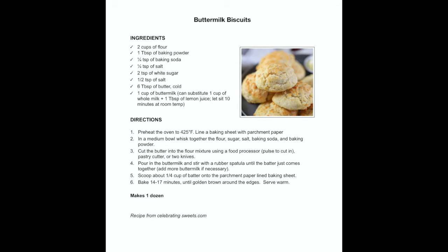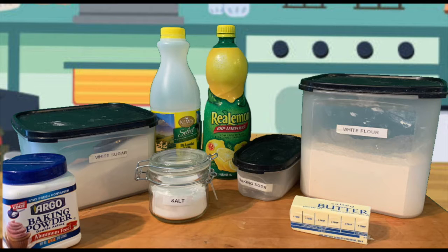Cooking project time! Here is the recipe for the biscuits. Take a screenshot and print it out. Here are the ingredients you're going to need to make your biscuits. White flour, white sugar, baking powder, baking soda, salt, buttermilk or milk and lemon juice, and 6 tablespoons of cold